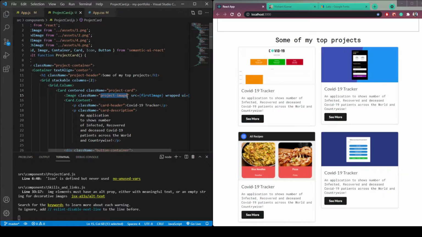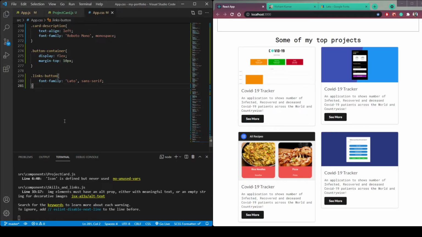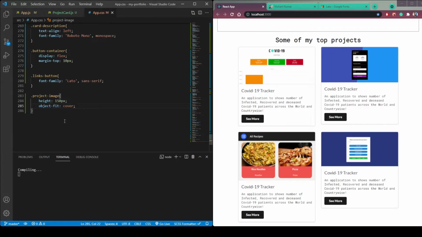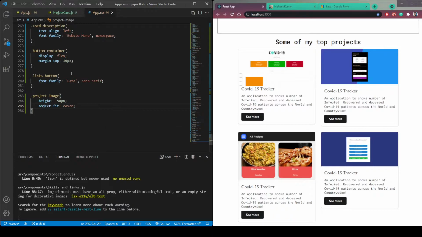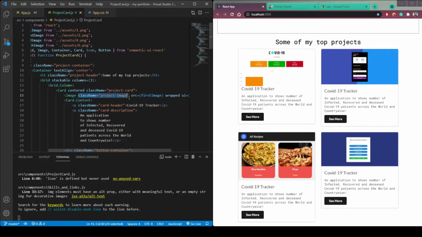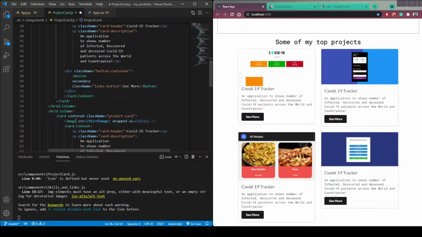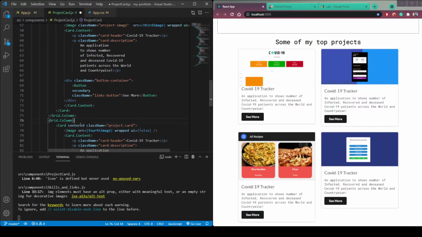Then copy this class name, and in app.css, let's use height 150 px. Then let's use object fit cover. Let's repeat this project image class name all over the images. So paste it here and here and here.